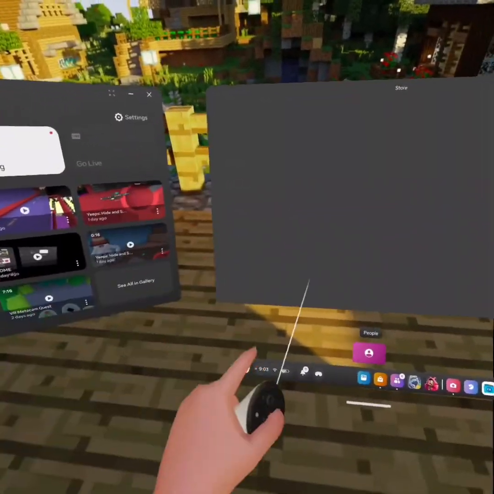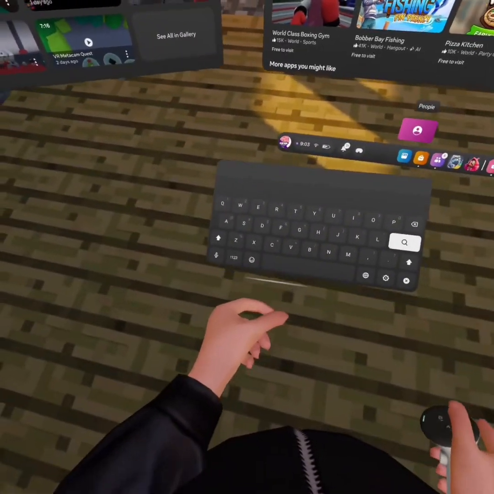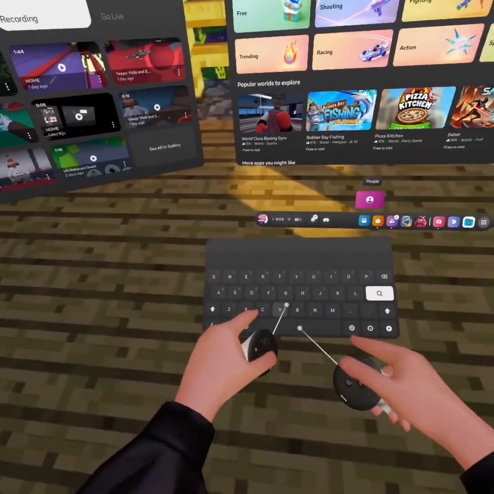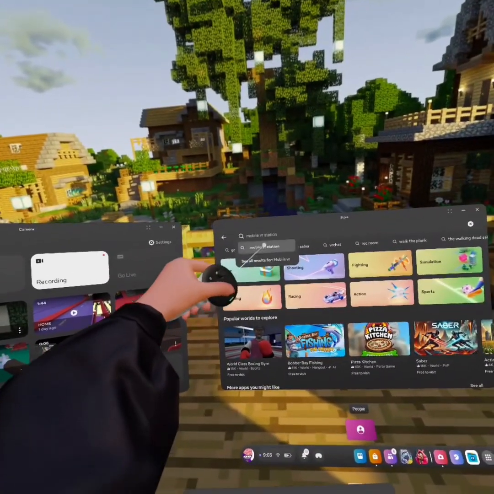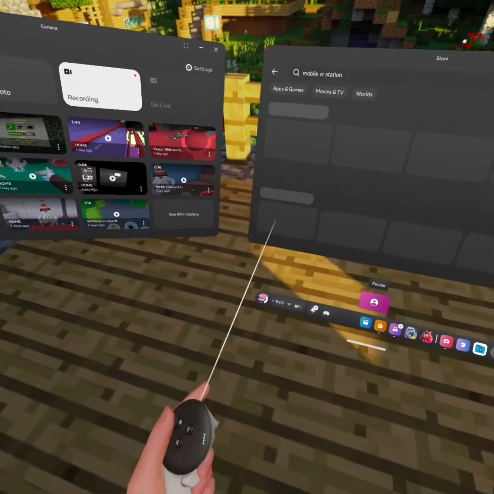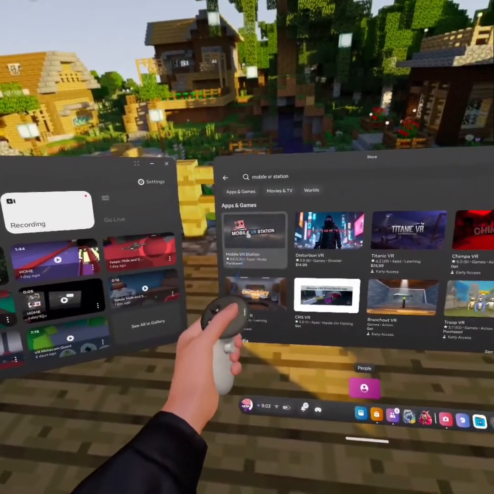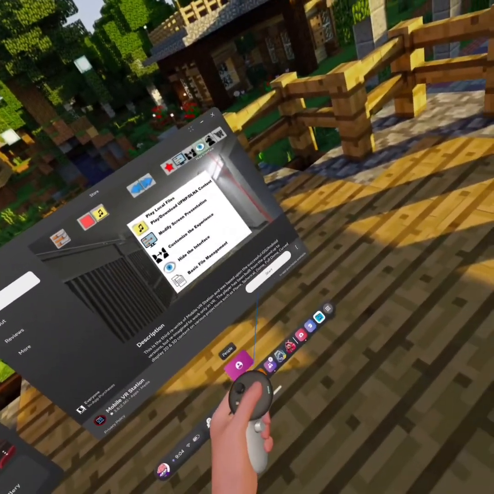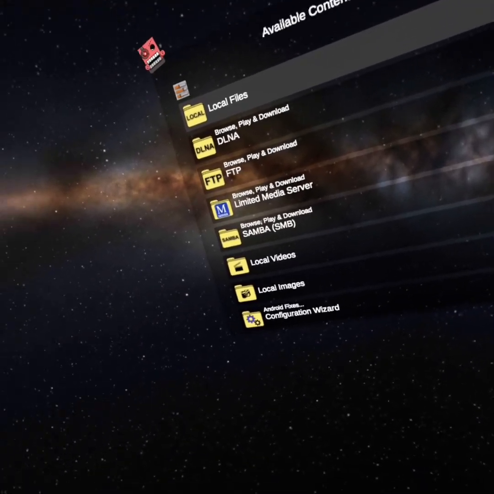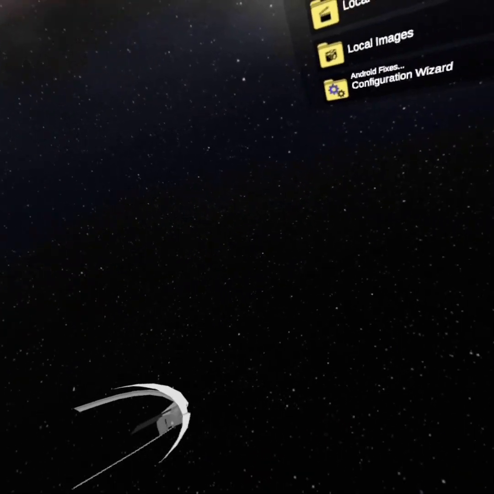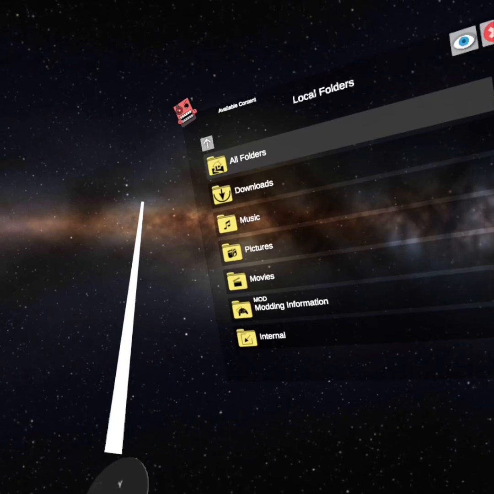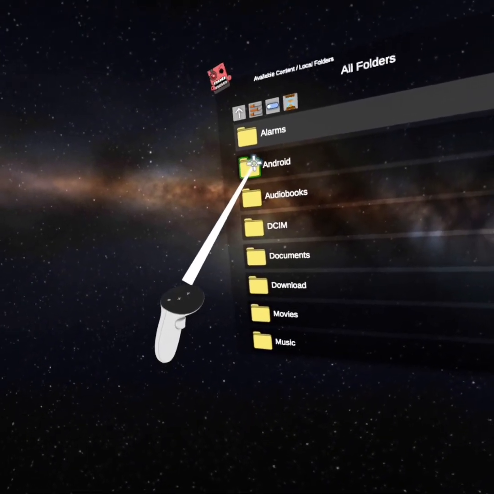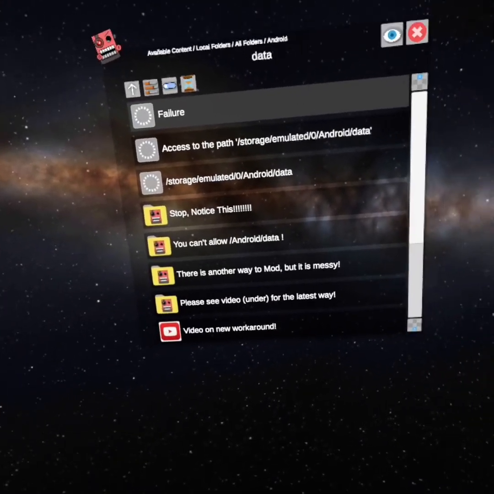And then what you're gonna need to do is go to your store, and then you're gonna want to search up Mobile VR Station. Should look like this. I already have it installed, and then you're gonna want to open it. And the first thing you're gonna want to do is go to Local Files, All Folders, Android, Data,